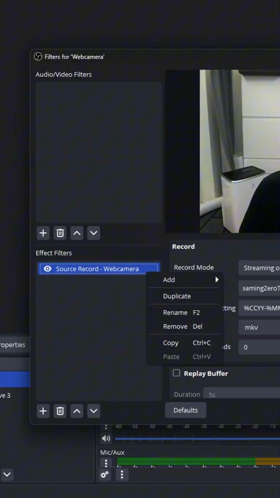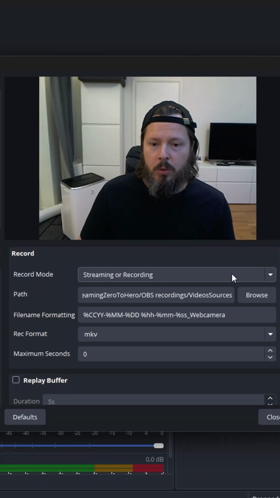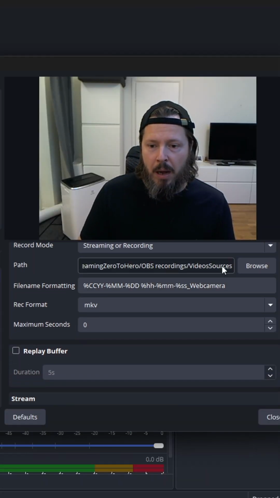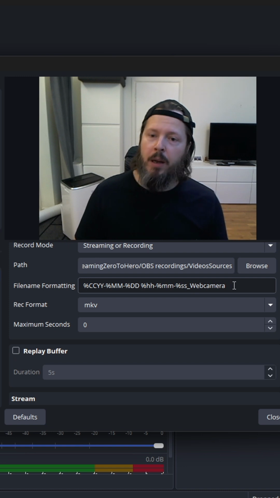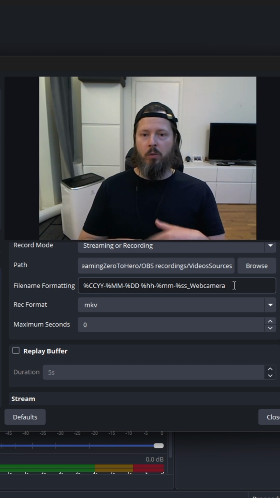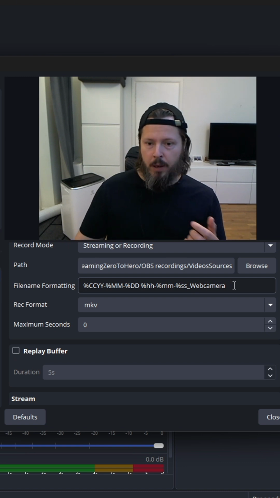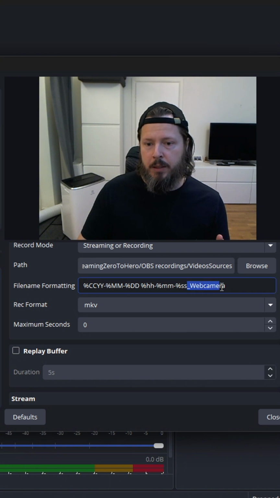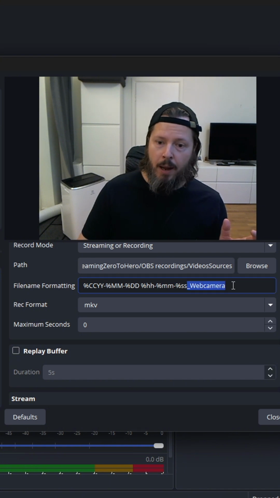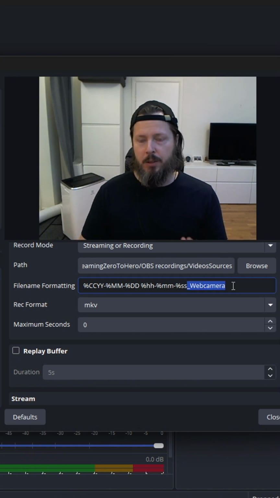Filters. And here we go, same record mode, streaming or recording. Same output path, and underscore web camera. And here is how we avoid having overwrite complications when we do this. Since I am suffixing this, which is basically adding this to the time and date, which automatically gets generated when